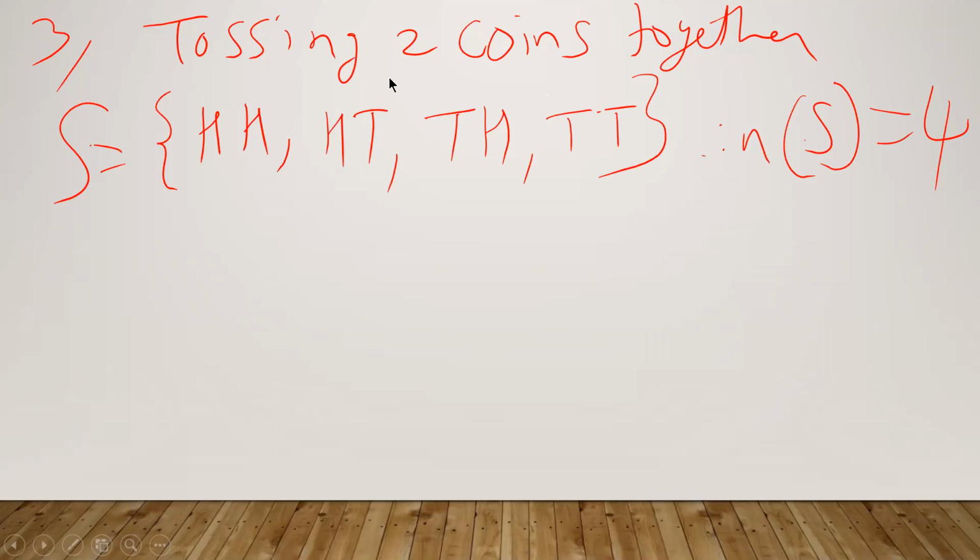Tossing 1 coin, S will be H and T only. So the number of points, the number of members in S, will be 2. If you are tossing 2 coins together, then the sample space will contain 4 sample points. So n of S will be 4. Similarly, if you are rolling 2 dice together,